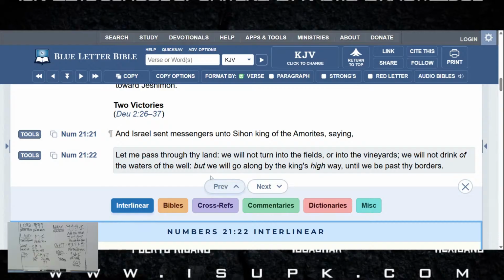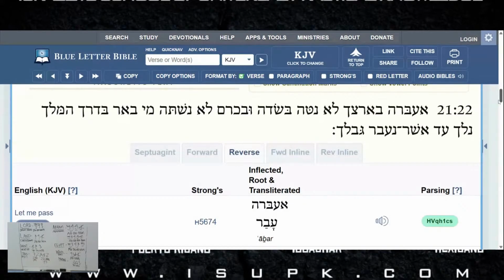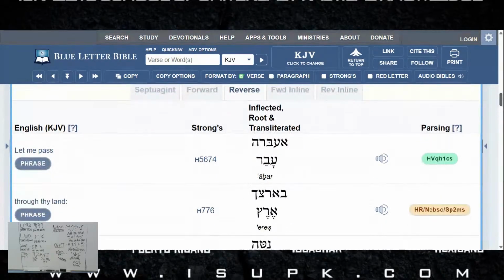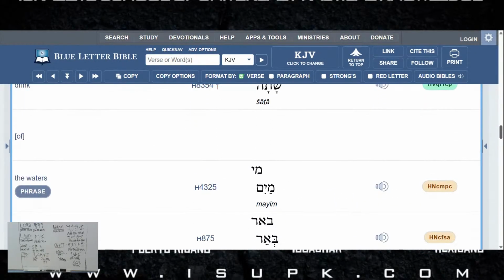Which is funny about this is they actually put the action first and then the person last. In English, they put the person before the action, and in Hebrew they put the action last: we will go. But I want to take a look and see what it's saying. I want to see what R is, because it may be along with something else. Okay, let's see what it's saying.